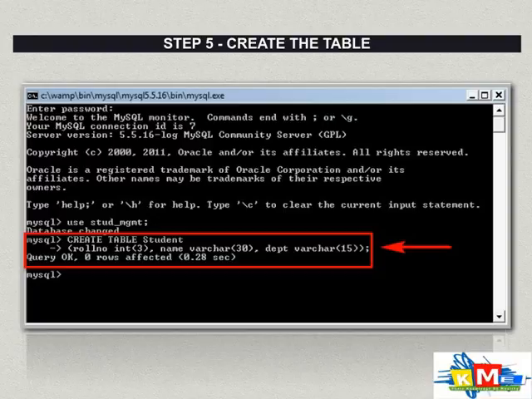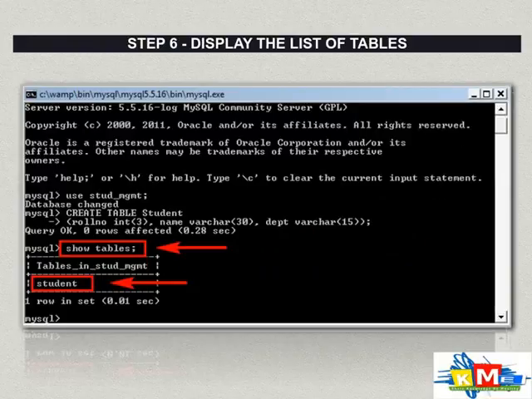If there are no errors and the command has successfully executed, then you will get the message query OK, 0 rows affected. That means the table is created successfully. But the table that you created is empty. It does not contain any information. So the next logical step is to insert the rows into it. But before inserting the rows, you need to again verify that the table is actually created